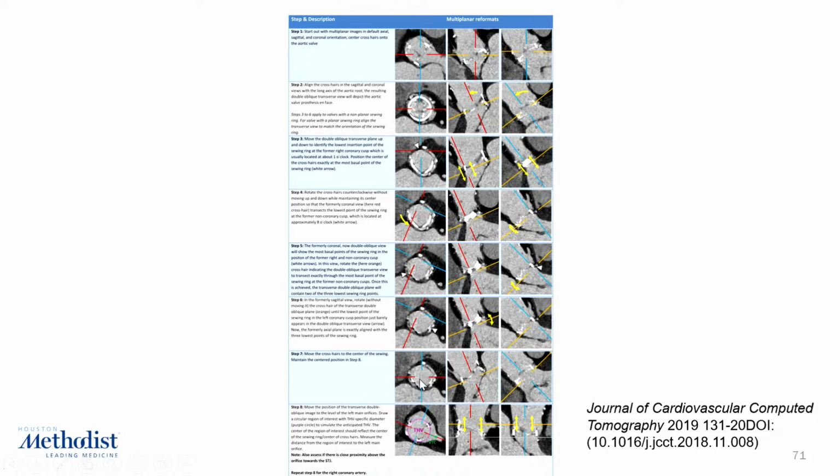And then you put your center here, perpendicular to it, and then you move up until you identify these valve posts. Remember, with TAVR valves, you have these posts of the valve, it's like the tip. You draw a virtual ring that bisects through all 3 posts, and then you draw a distance from the outer edge of that virtual ring to the left coronary ostium, and you measure what's called a virtual ring